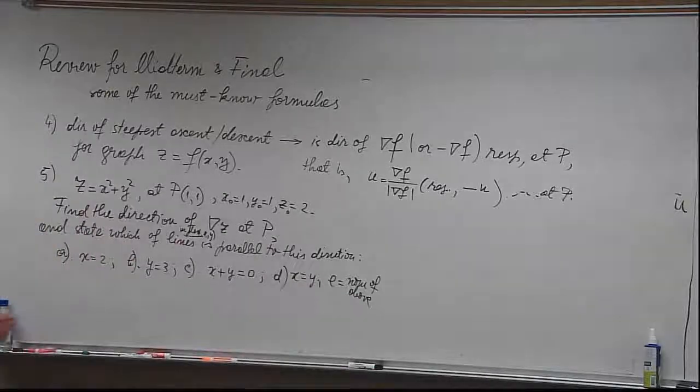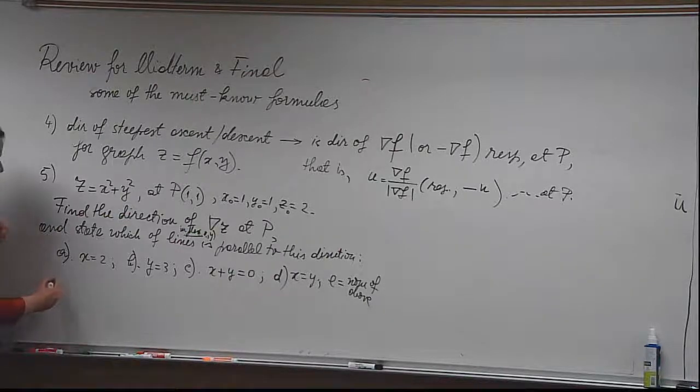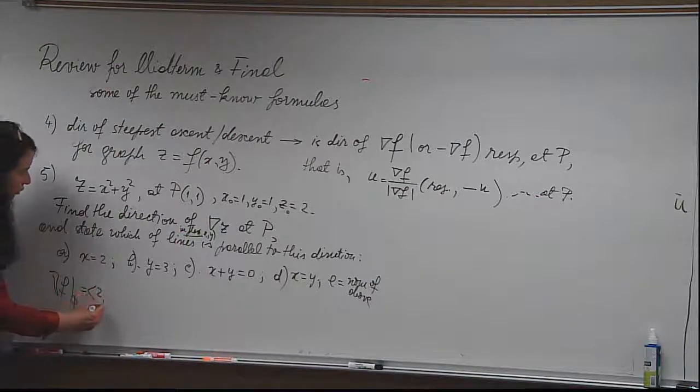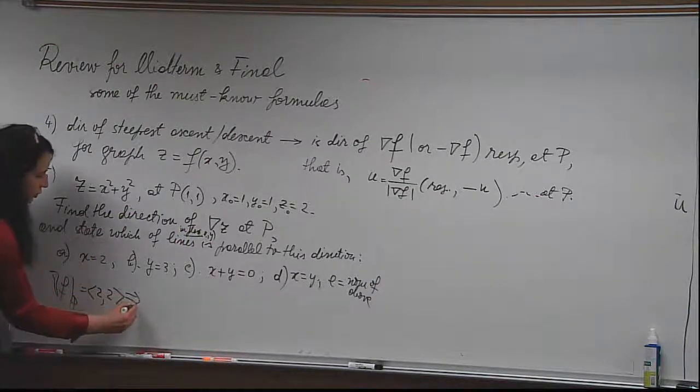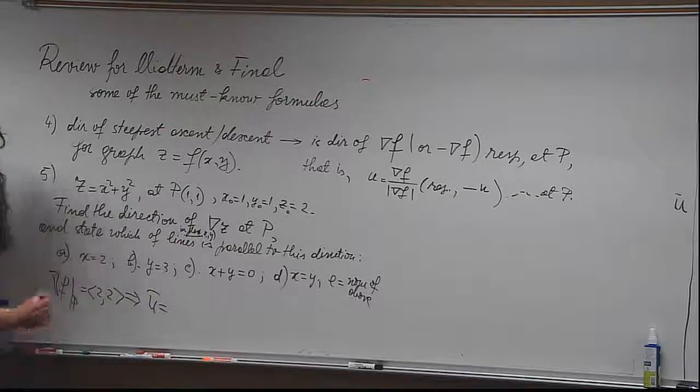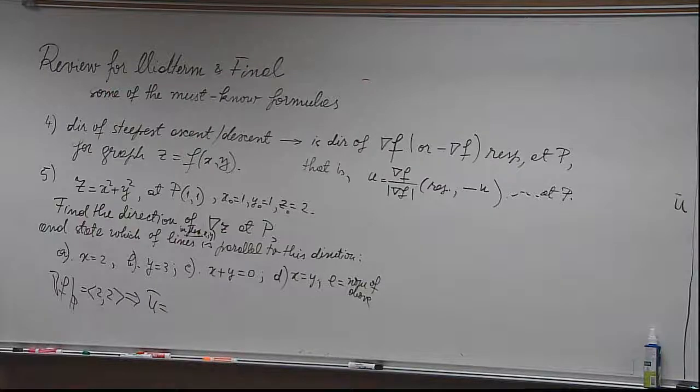So how are you going to do that quickly? Well, it's easy, right? So the gradient, 2x, 2y at the point 1, 1. You don't have to write down everything. The gradient of f at P will be 2, 2. That means u will be normalized 2, 2. What do you get? Square root 2, square root 2. Well,